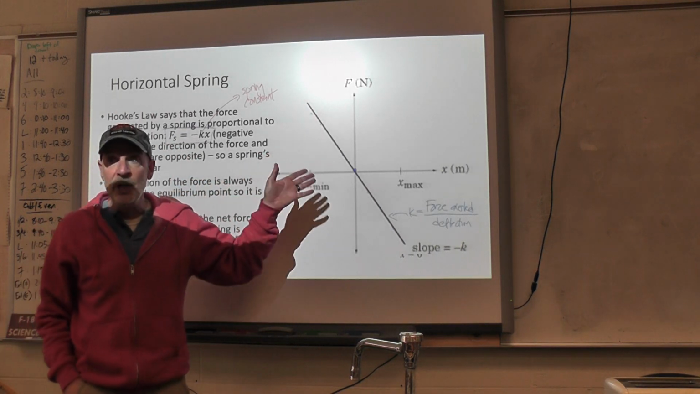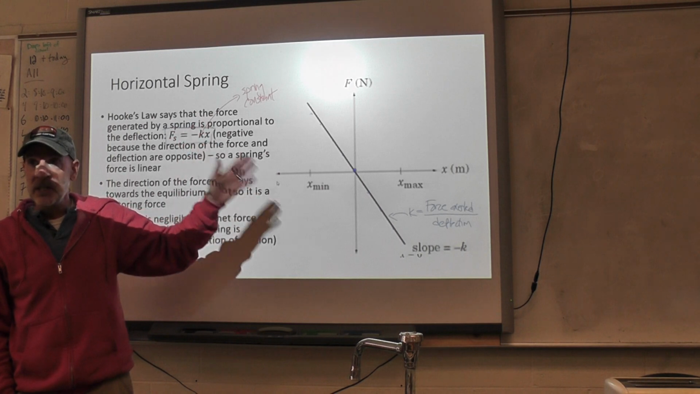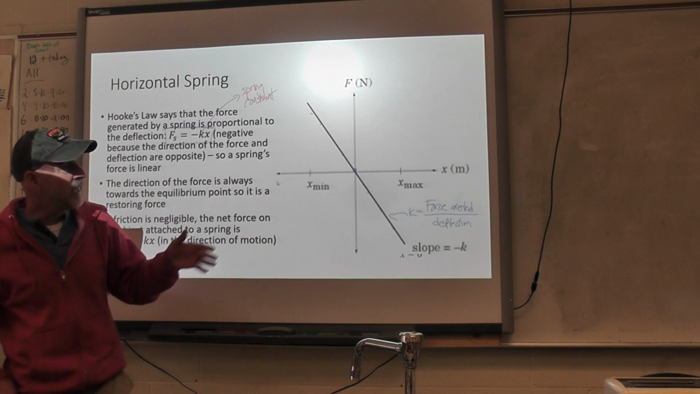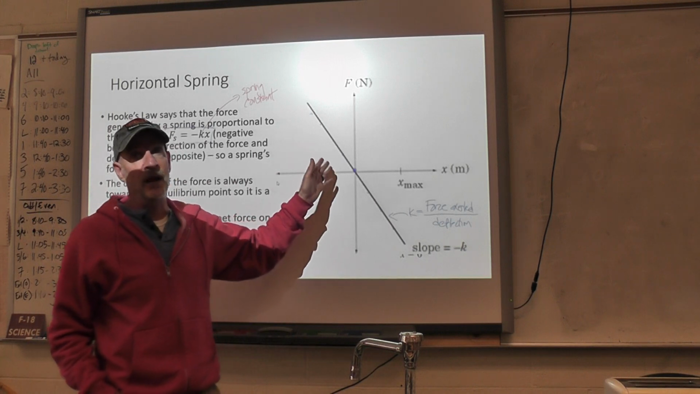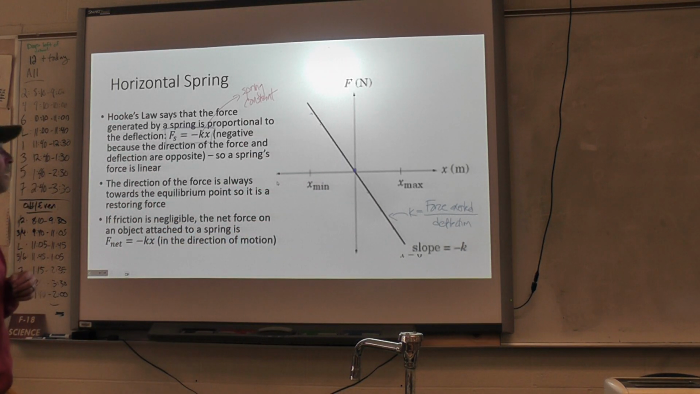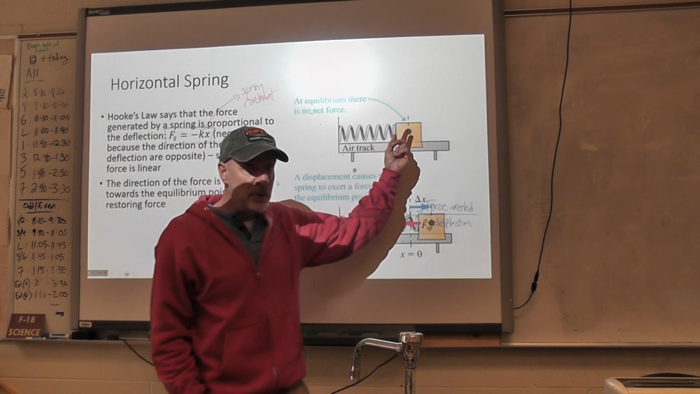So we could think about what's going on here in terms of both force and position in terms of time. And they would track with each other, but we can't get anything about time from this graph. The only thing we can see here is that it's a linear restoring force. Okay? So with a horizontal spring like this, if we were to see